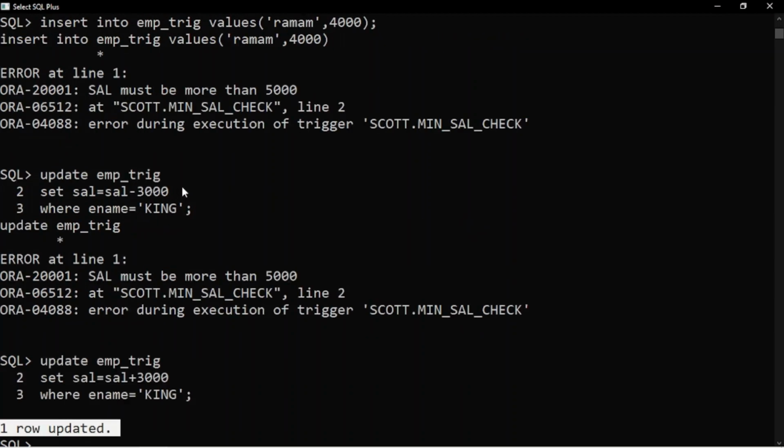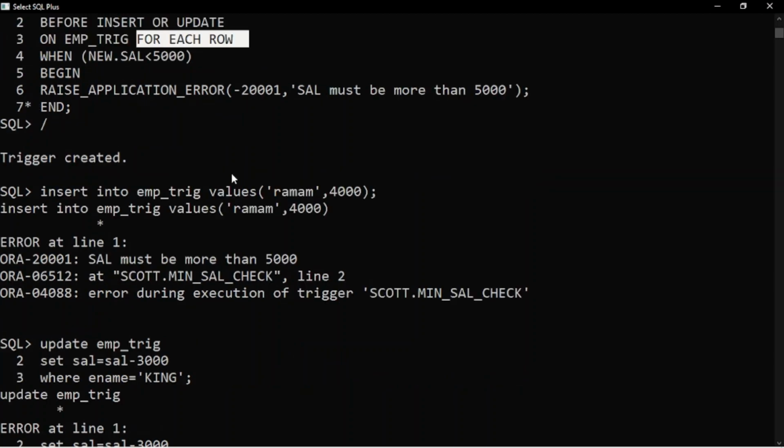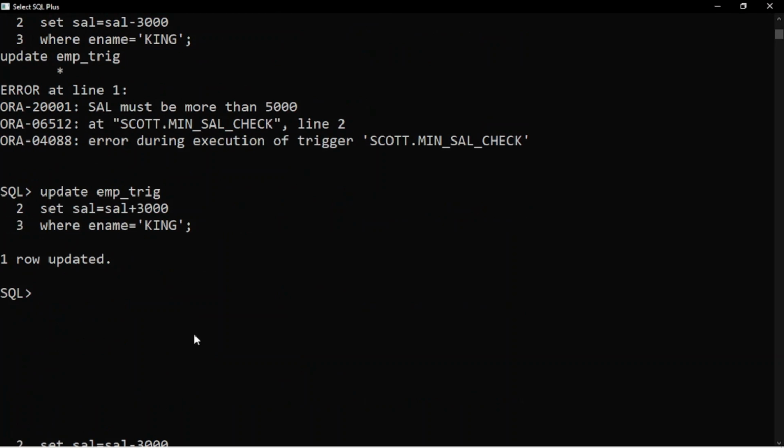But when salary goes less than 5,000, this is the restriction. This is called trigger restriction. Restriction is what? To fire the trigger, salary must be less than 5,000. If it is 5,000 and above, no problem at all. Clear? And insert and update are the triggering events, right? And when it comes to row trigger, you need to write for each row. Clear?